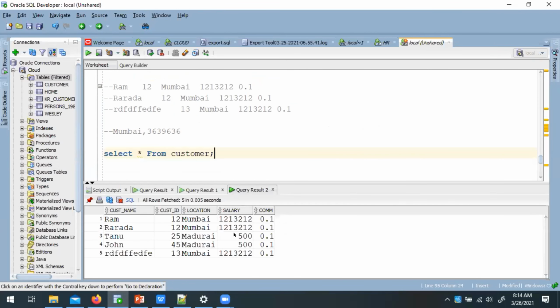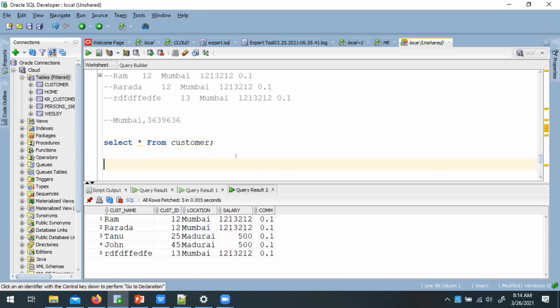Yeah, so select average of salary. Actually, all the records have the same value. That's the reason you will see the same data again. Okay, so for example, I'm doing